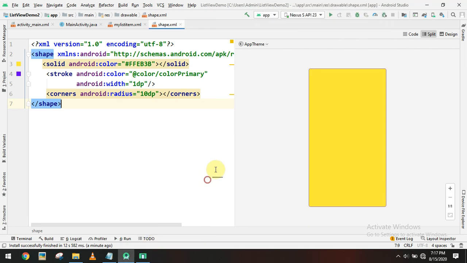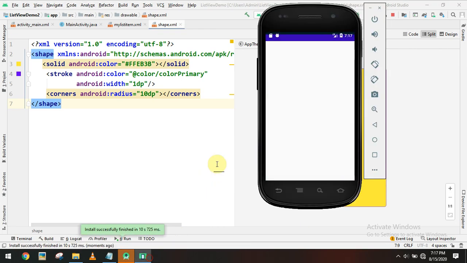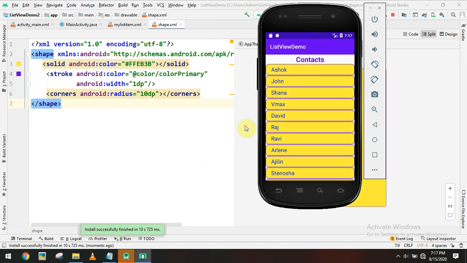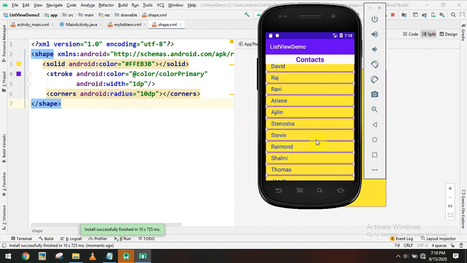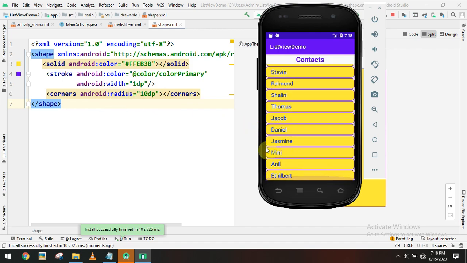Now let's check the output again. See, now you'll be getting a list like this. So you'll be getting a rounded corner because of this corners specification attribute. Every list item has a rounded corner.